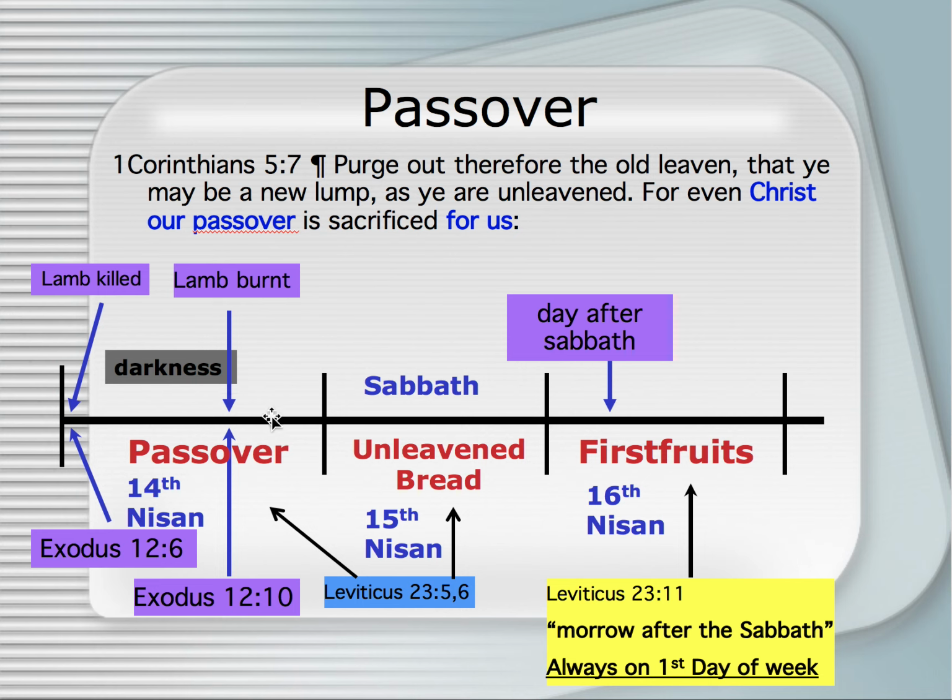Now, we saw earlier that the day after Passover is unleavened bread. And unleavened bread is a 7-day feast that was to be a rest day. They were to do no work on that day. And so the Sabbath day that year was coinciding with the first day of unleavened bread. And that unleavened bread is also the day of the full moon.